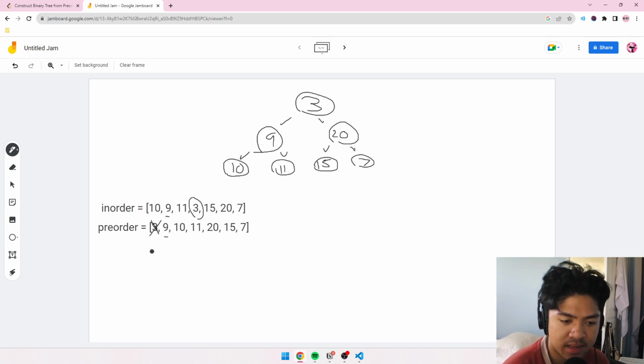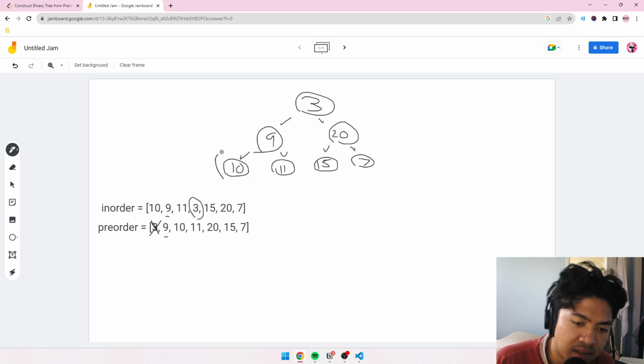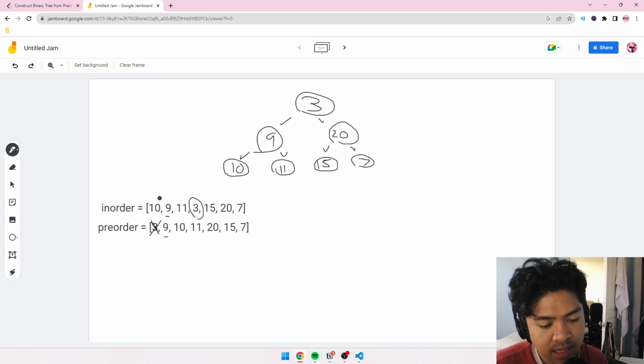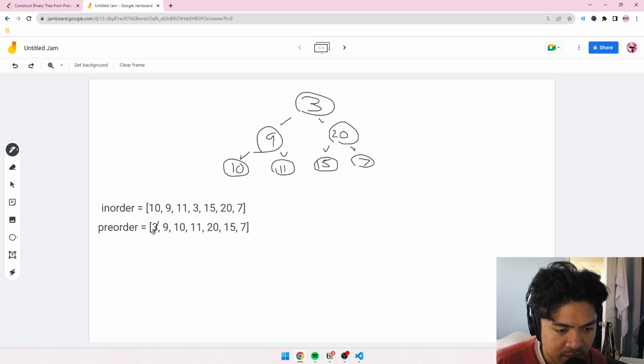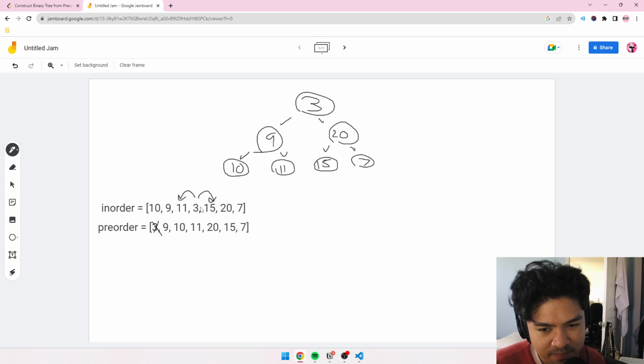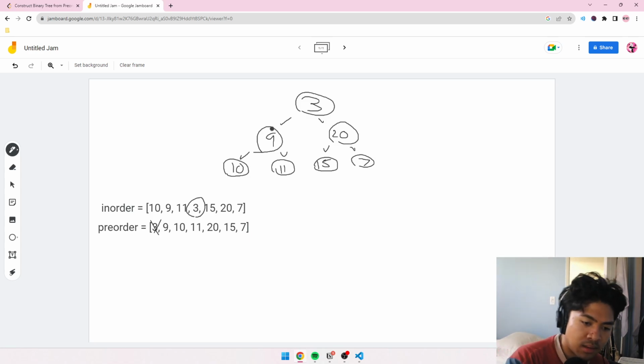Well, we can't just say that the 10 and 11 is the index of 9 minus 1 and plus 1. Because if we look here, when we do this 3, okay, we get this 3. We don't just say that the next index is minus 1 and plus 1, right? We don't say that. We just put 3. Okay. Then